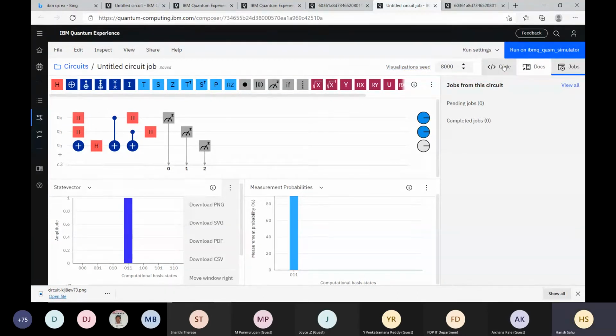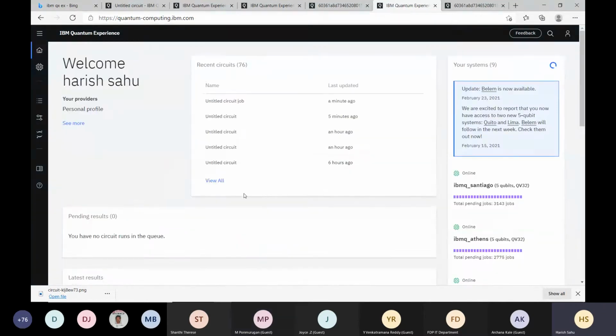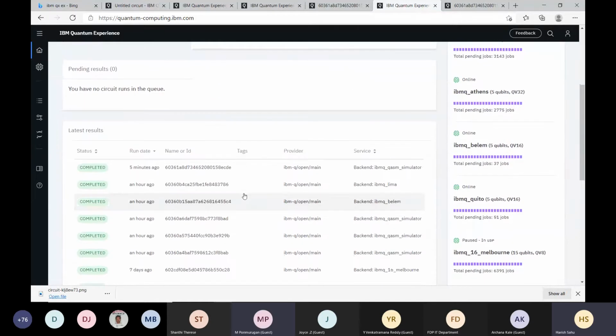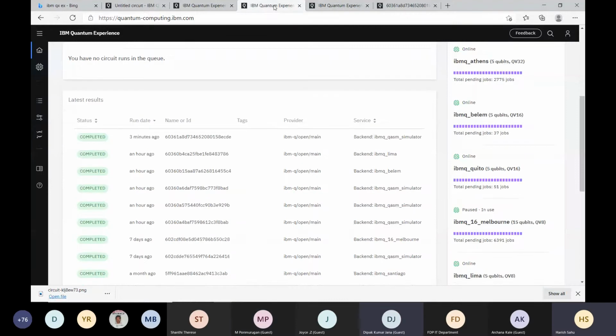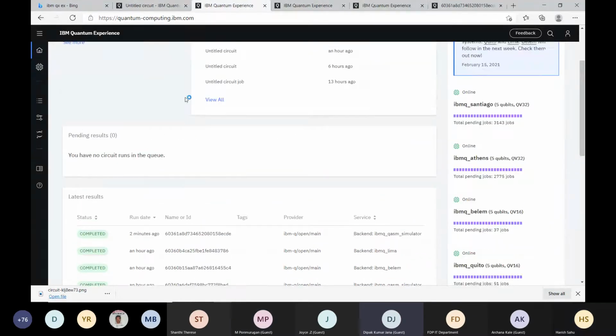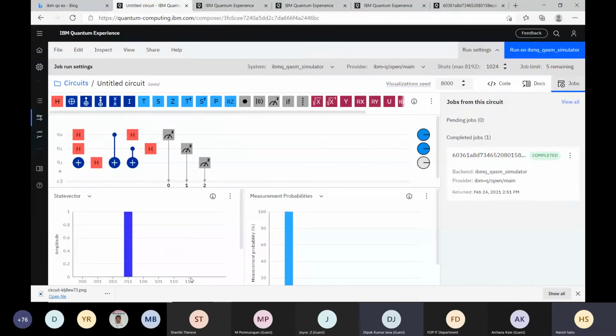Let's go back to that previous job which we have run. Here. I have a small doubt. Yes, please. You said 3 measurements, you got three things, but the output gives only 1. One measurement, but what about the other 2? Just a second. Please mute, some of your mics are unmuted.